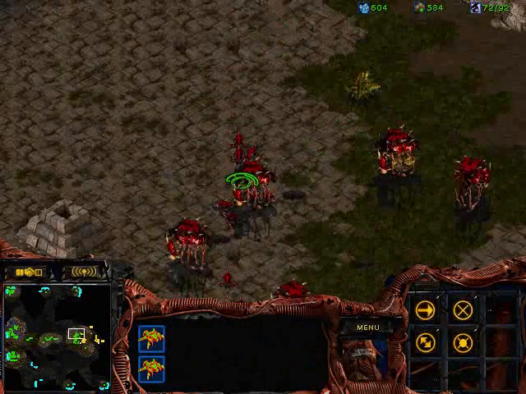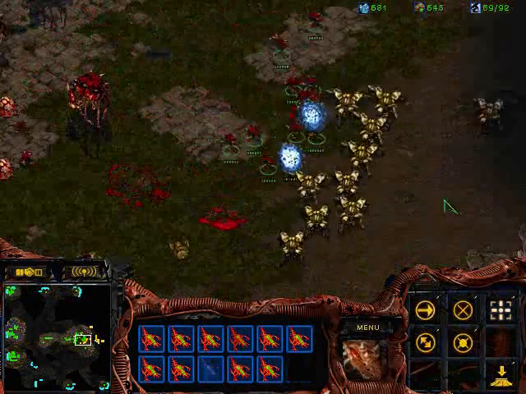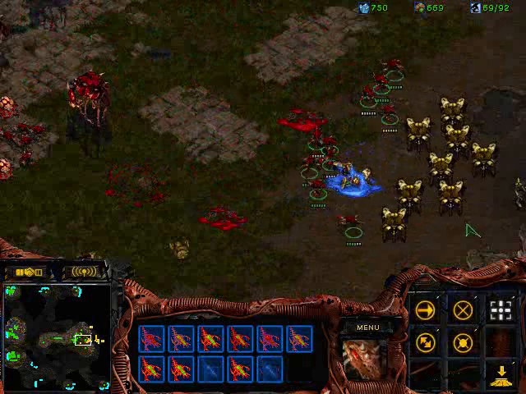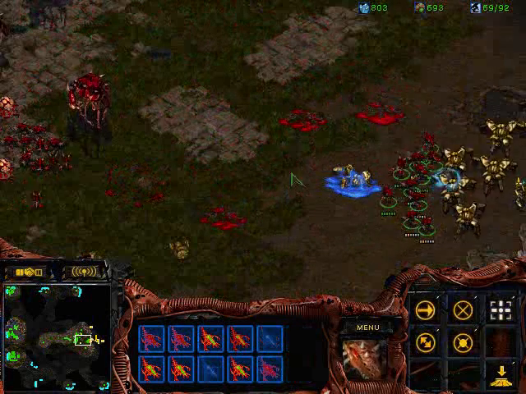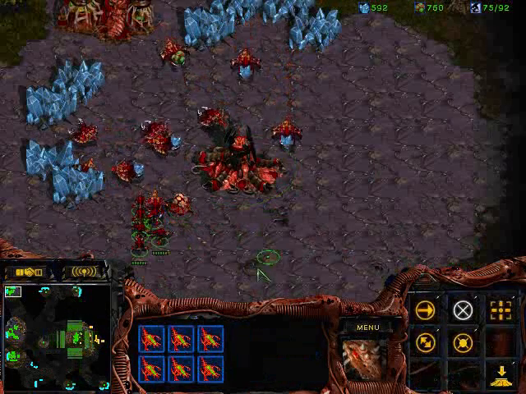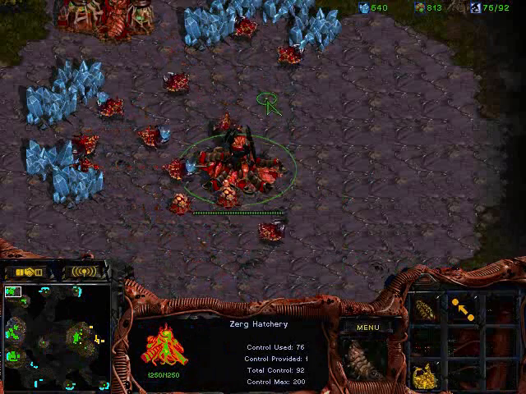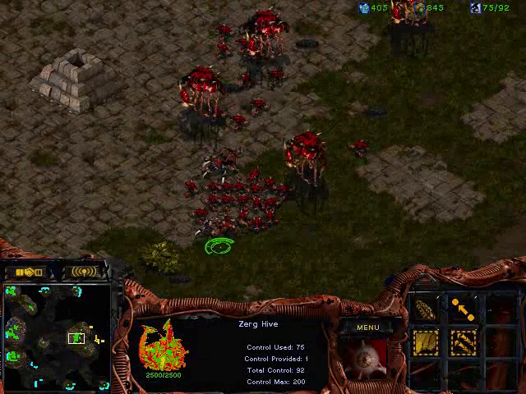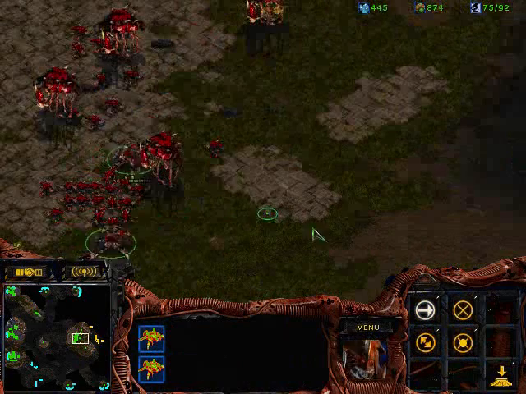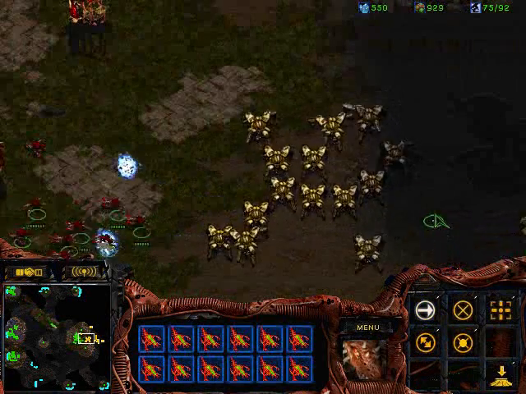So here again, just keep beating him back constantly. Even if he somehow breaks all these lurkers and comes out, he can't do anything with those goons. I just have way too many zerglings for him to be able to deal with them. And now's the timing for me to put down my second hatchery at my third expo, or my second expo. So I'm gonna put that down, and basically